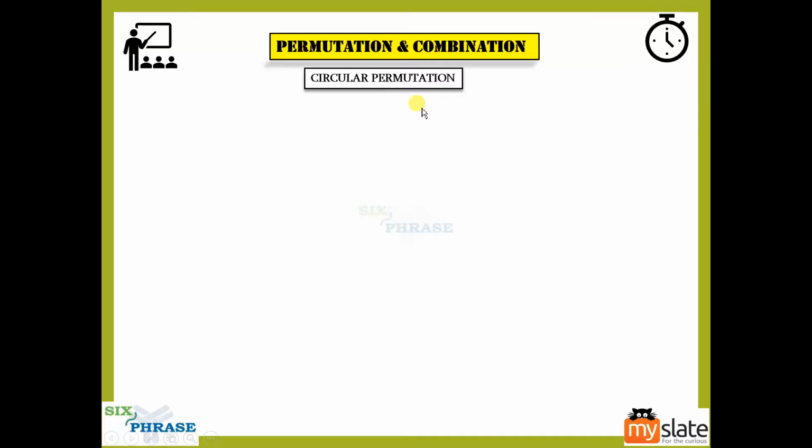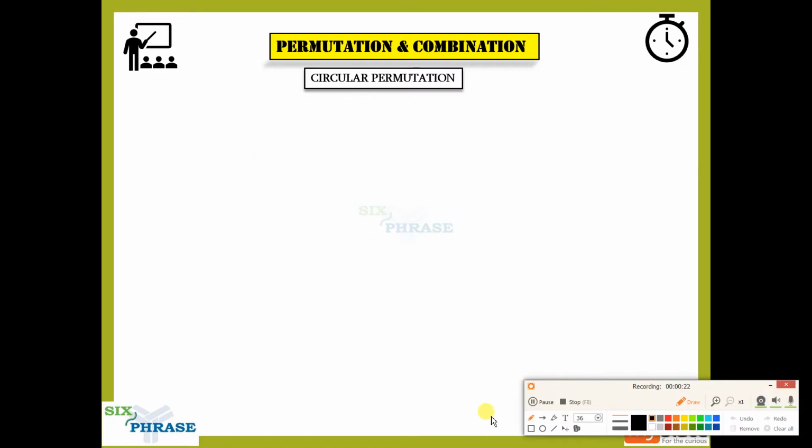We'll see how it is different from linear permutation. Up until now, what we've been doing is what we call linear permutation, the permutation which we do on a single line, like this, horizontally. So the permutation that we do like this horizontally is linear permutation. But for circular permutation, what do you do? In circular permutation, you do the permutation this way. Your permutation will follow this path. Your linear permutation followed this path.